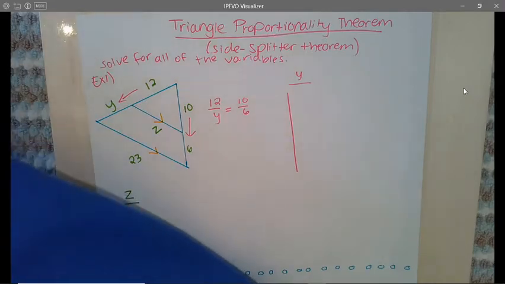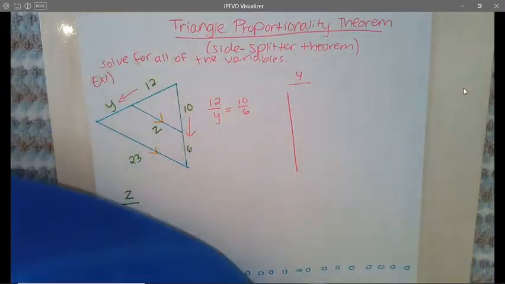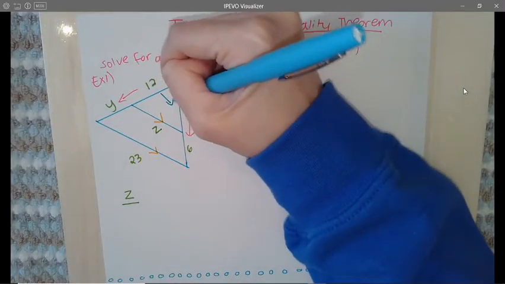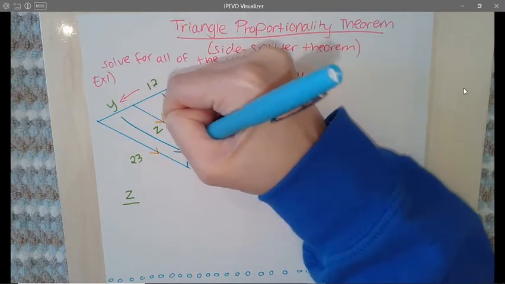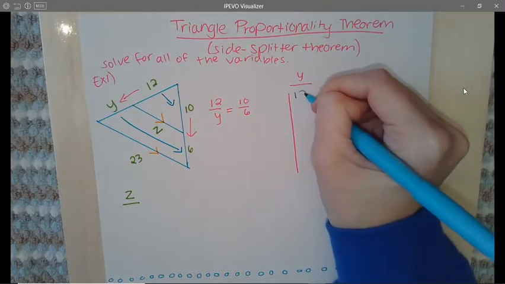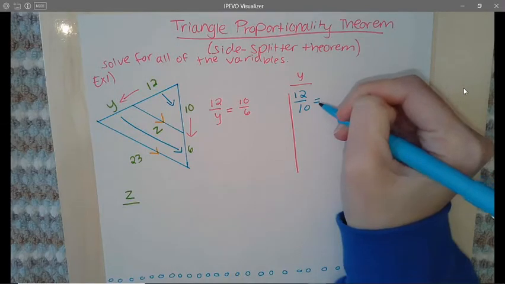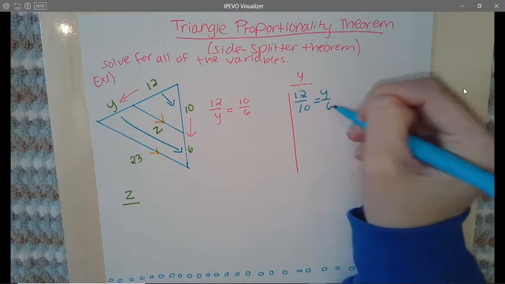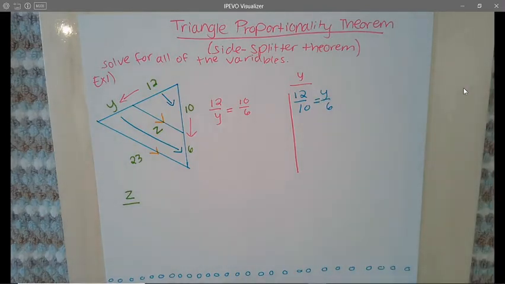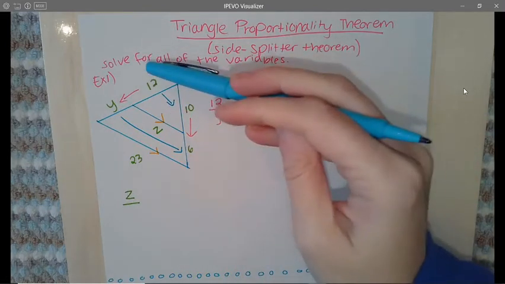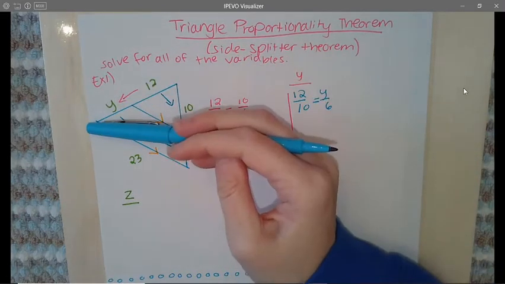So I could also set it up like this. I could say 12 over 10 will be proportionate to y over 6. So I could also say 12 over 10 equals y over 6. And again, when you do this, you always need to start from the same kind of spot in the triangle. Like here I went from the top of the triangle to the bottom. Then I went from the top of the